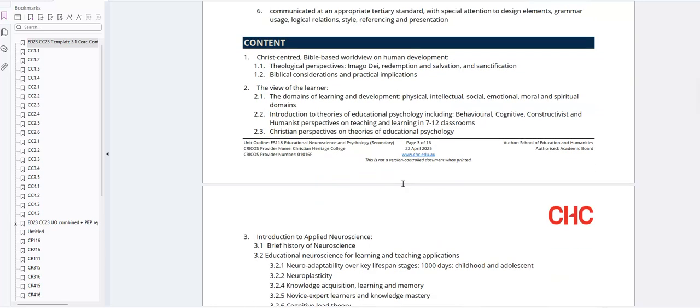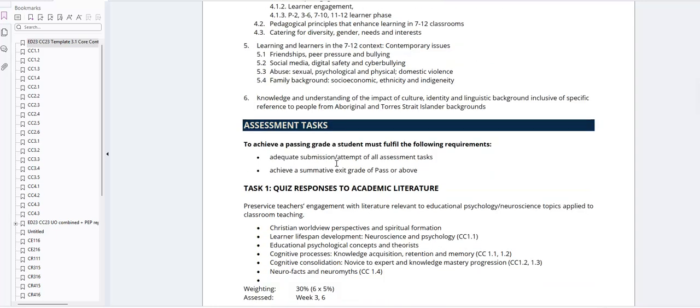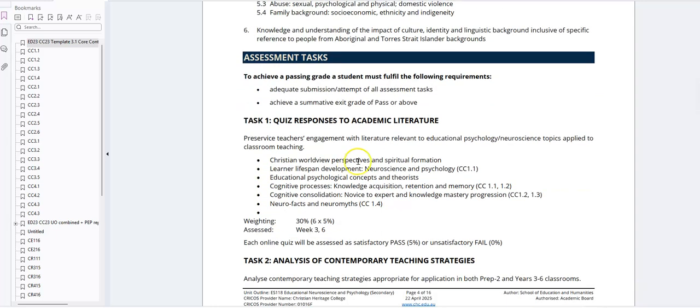Moving down to the content, we see, however, when we're looking at neuroscience, for example, that there's a lot more information, and that corresponds to the excerpt that you saw in Template 3.1, where cognitive load theory, knowledge acquisition, neuroplasticity are all elements of various core content descriptors, and therefore they are explicitly included here. Moving through the document, we're looking now at assessment. We indicated this, we're looking at assessment core content 1.1. And you notice that the collective term of neuroscience and the appropriate code is relevant there, as knowledge mastery is relevant to